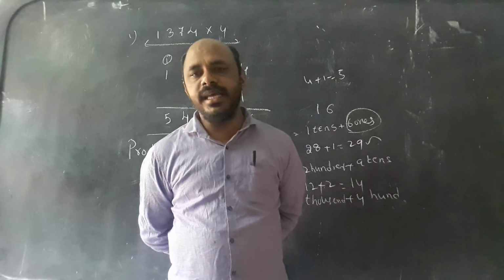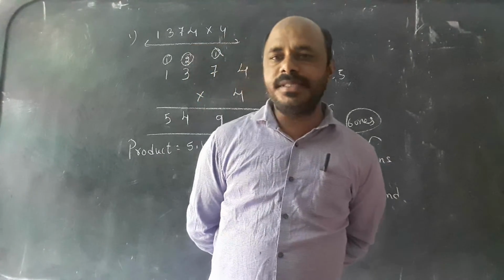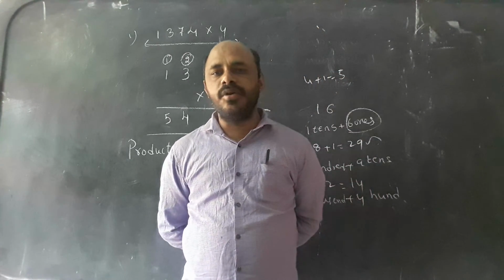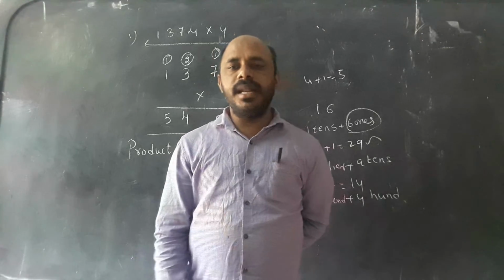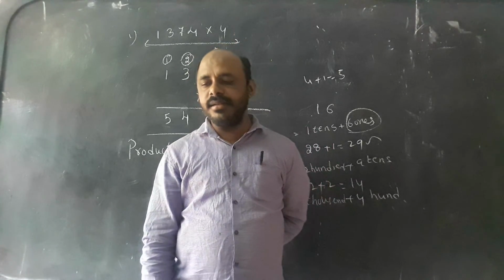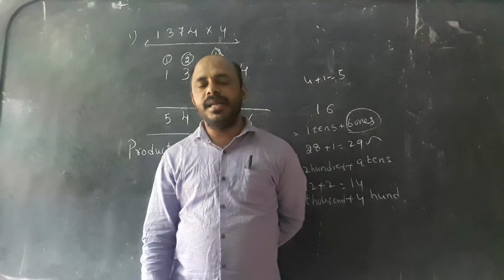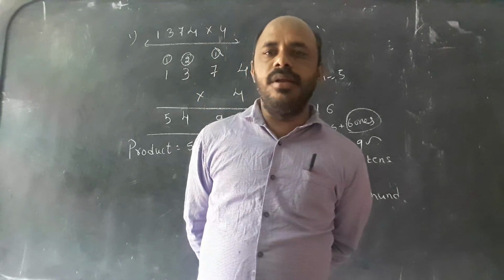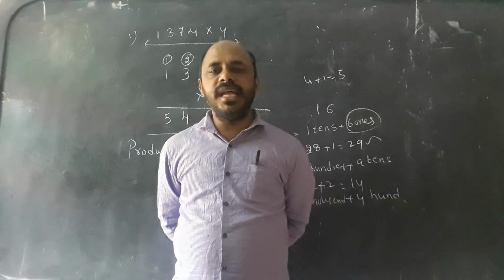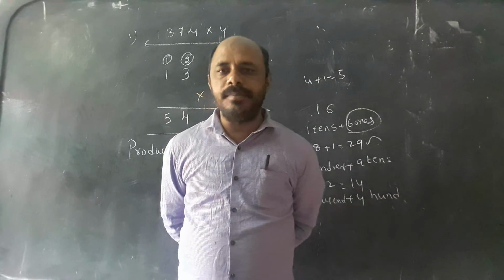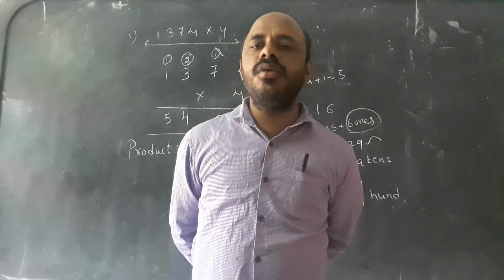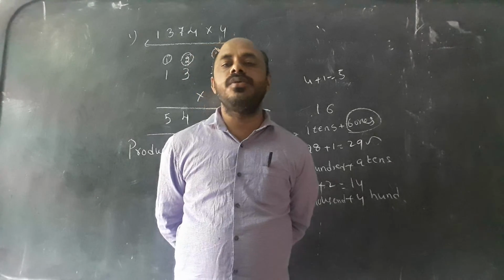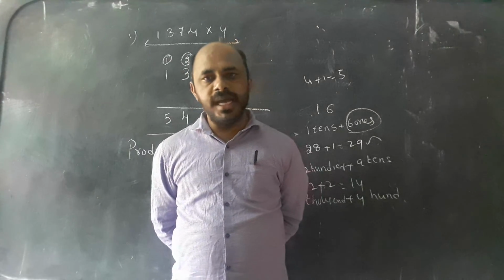Okay children, see these steps one by one. If you are not understanding, you can repeat it one more time. If you watch and listen, you will get multiplication easily. Before that, we have to know every table in mathematics. If you learn every table, you will get multiplication easily. What I told, I explained step by step. In the same way, you have to learn multiplication and you will get it easily.